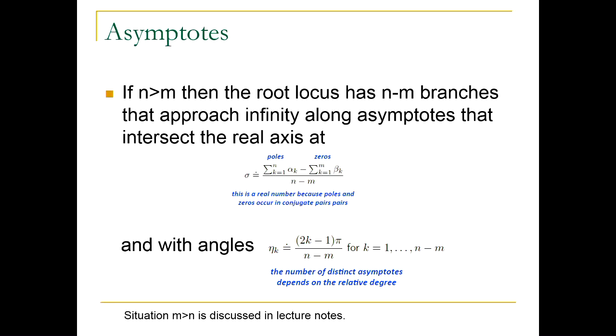Now, what does this mean? Well, we will show this. It's very simple to explain. By the way, the general situation where n is not greater than m is in Michael Cantoni's notes, so you can look it up. I would typically give you causal f's, just for simplicity. But you can have a more general situation, and there are formulas for that in the lecture notes.